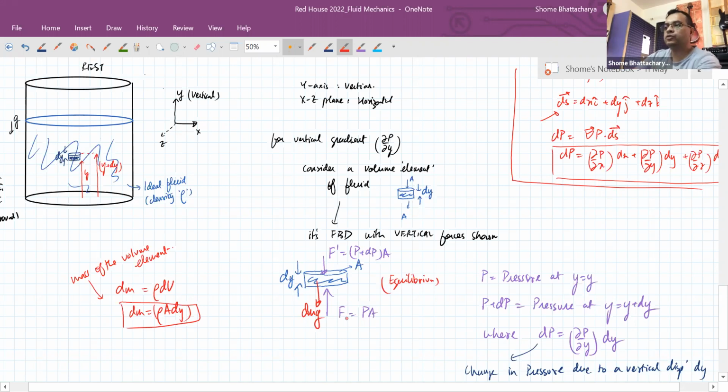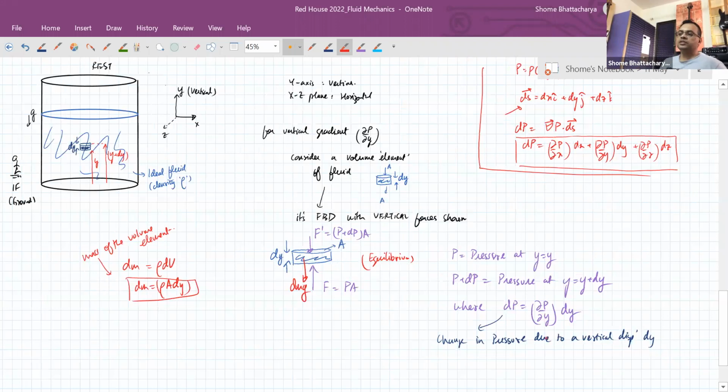So you will understand that the force from below, F, has to be greater than the force due to pressure from above, which means that the pressure has to decrease as we go up. dP should be a negative quantity. That is what will ultimately show us that this vertical pressure gradient del P by del Y is going to be a negative quantity. But it will not only show us that it's negative, it will show us its value. On solving this free body diagram, we'll get that the vertical pressure gradient del P by del Y is minus rho g, which means it's a constant because rho is constant. So pressure is going to decrease linearly with height as we go. That is what this small derivation shows us for the vertical pressure gradient.